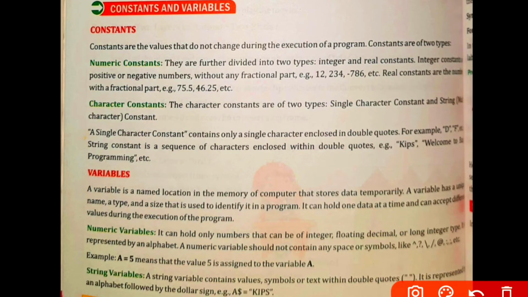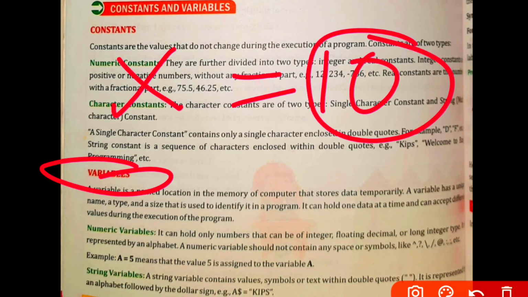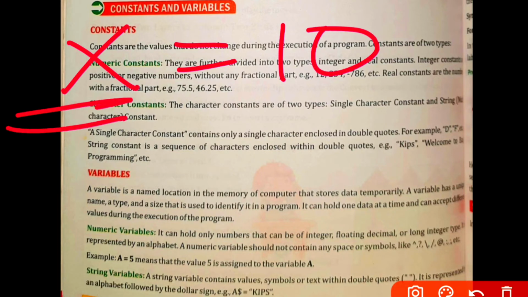Now when we talk about variables, just now I gave you the example x is equals to 10. Here 10 is constant, but what is x? X is a variable. Variable means where the value will keep changing. Same way, variables are also of two types, numeric variables and string variables. When we say numeric variables, the simple example that I gave you, x is equals to 10. So here x is a numeric variable.